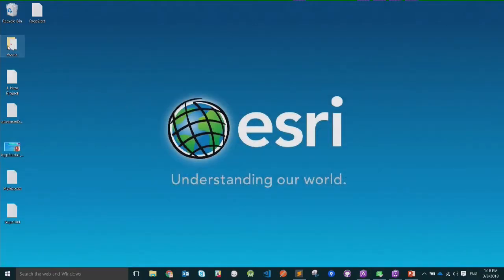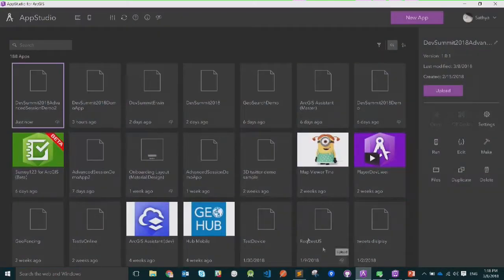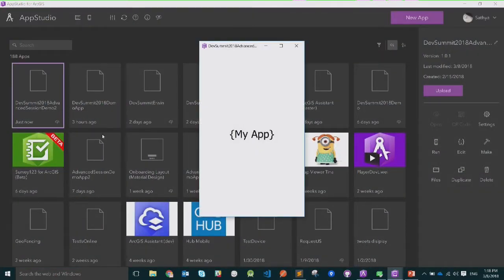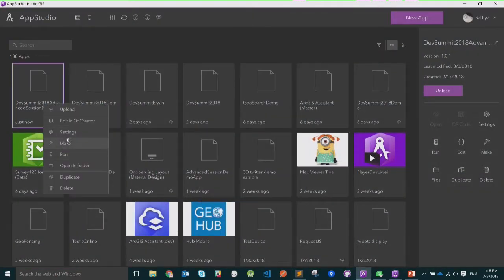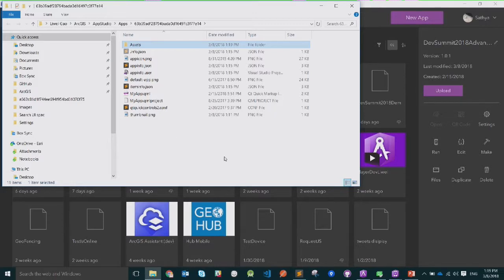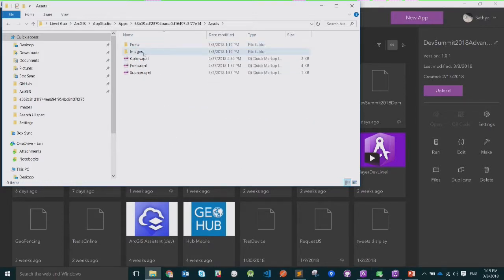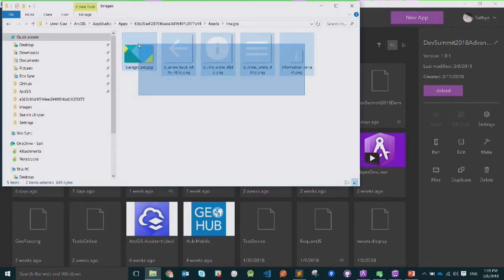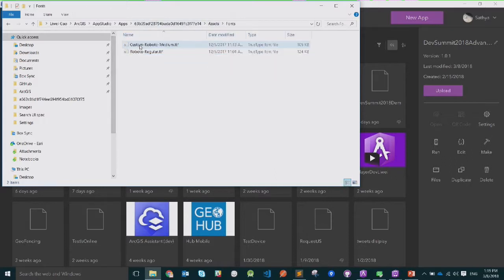So we have the assets ready. We're going to copy this asset. You right-click on the app, and if we right-click here, we can go to Open in Folder. It means that we are opening the File Explorer where all the files are stored. So we just copy the asset into the folder. It has some of the QML for colors, font, and then the images that we need for this app. Okay? Then now let's go back to